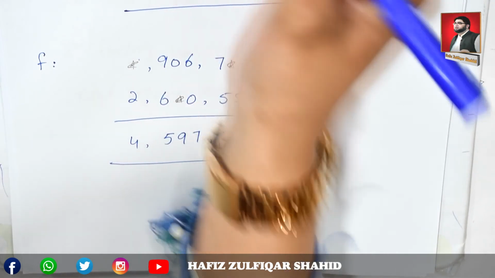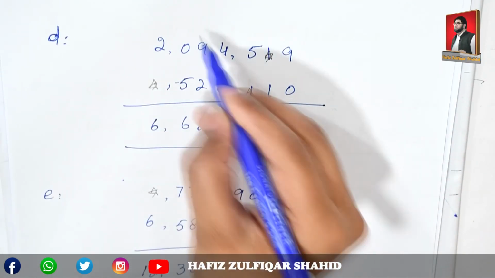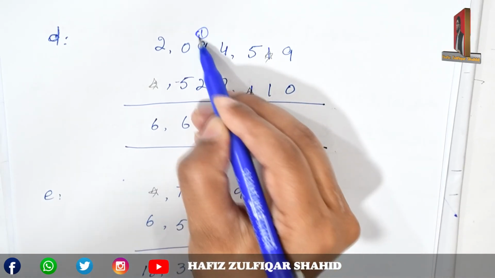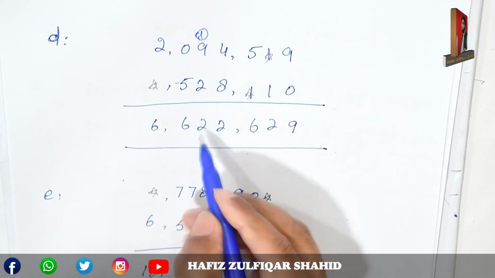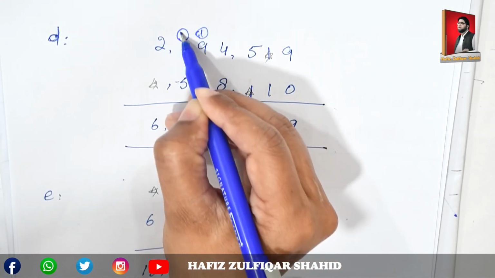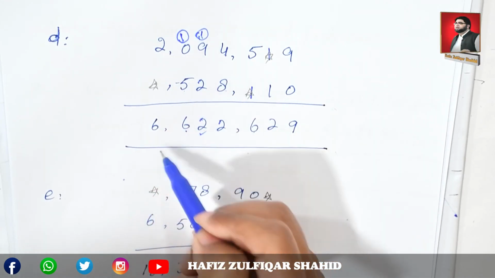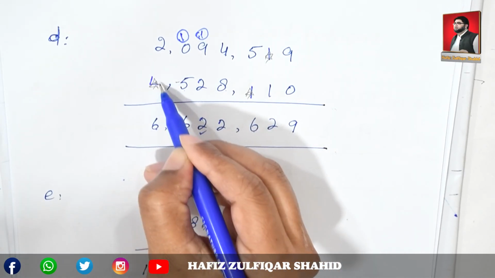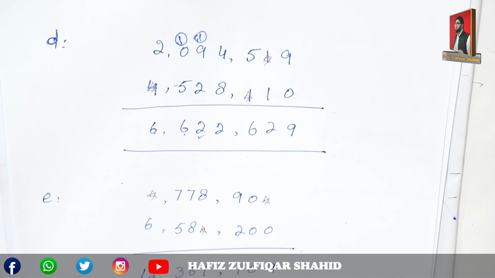Then add all these numbers accordingly. 4 and 8, 12. We have 2 in the answer, but we don't have 1 as a carried digit. Show here the carried digit, then add all these 3 digits. Answer will be 12. We have 2 in the answer place. Show here the carried digit. Now add 1 and 5, which is 6, minus 2 from 6, you will get 4. Write 4 at the star place and your answer is 6.